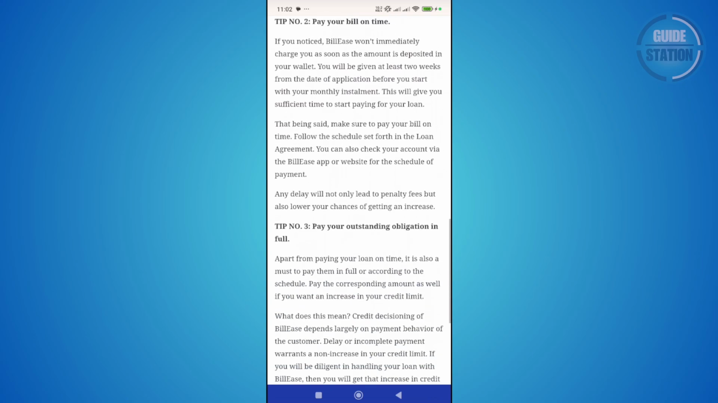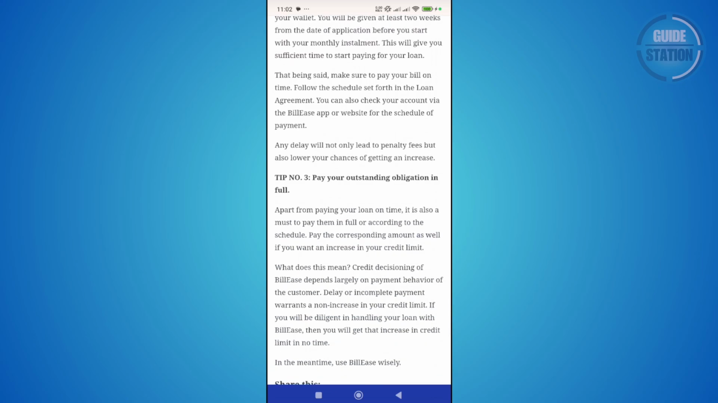Now, also in here, they say that you may need to pay your outstanding obligations here in full. Now, if you can, especially at the end of the month, make sure to pay your outstanding obligations or your outstanding payments, just to make sure that you don't have any outstanding balances. It's not good if you leave some outstanding balances in your account. So again, pay your outstanding obligations or balance here in BillEase, so that they build